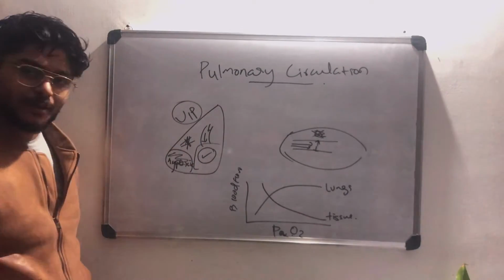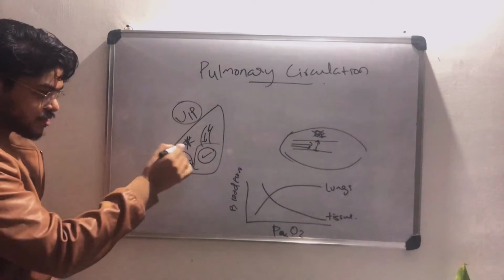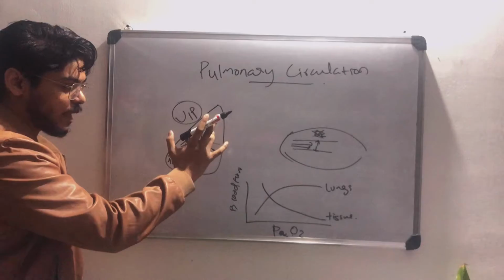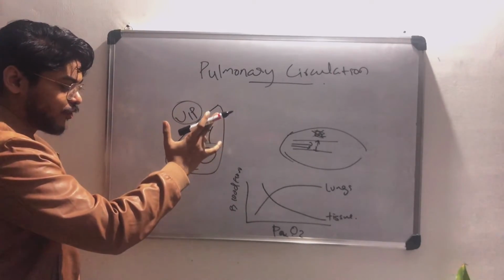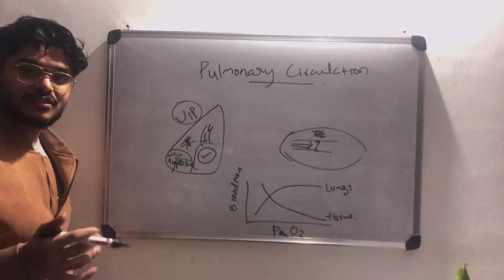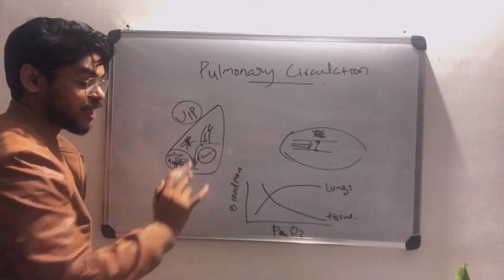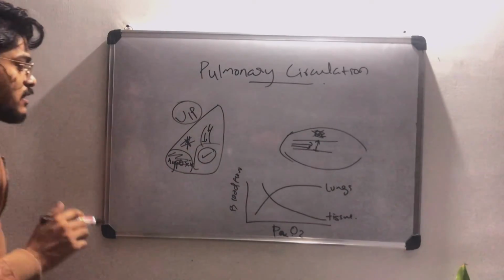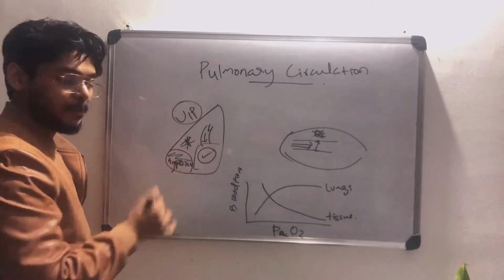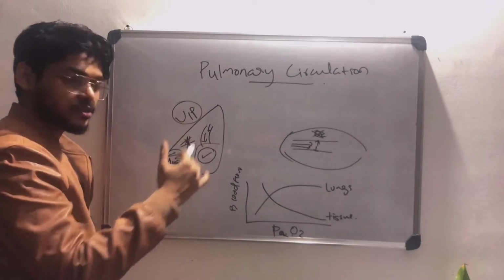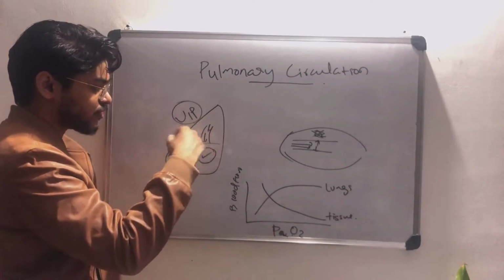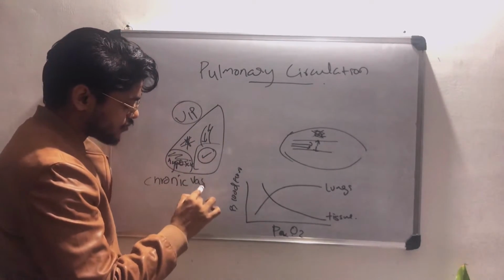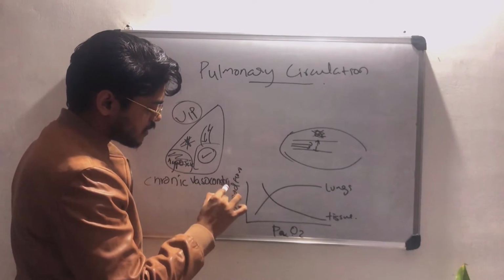There is vasoconstriction happening. But what is the problem with this? Actually, this is good, right? Only then will we get enough gas exchange. We don't want to waste the perfusion. We don't want to give a hypoxic area perfusion and waste it. We are providing perfusion only to areas which are well ventilated, not poorly ventilated. But if we are finding many places with hypoxia, we have diffuse hypoxia. At that time the whole vasoconstriction will happen. There will be chronic vasoconstriction.